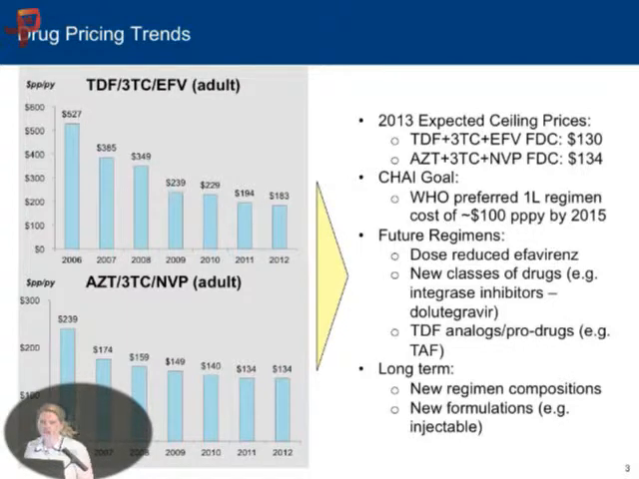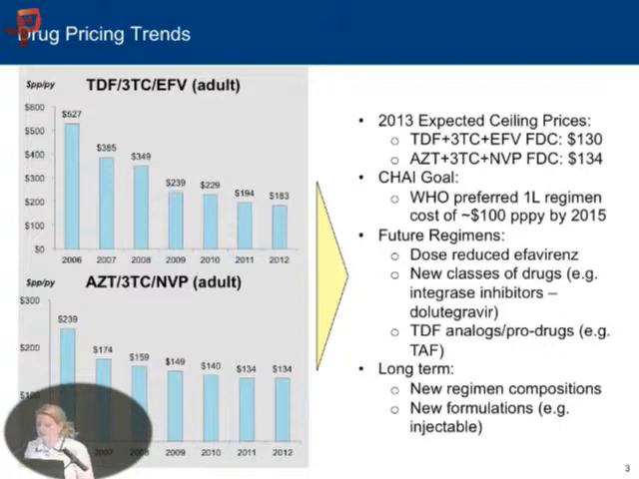So there are studies going on right now that are looking at whether or not a reduced dose version of efavirenz can be equally as effective as its current dose. There are new classes of drugs that are entering the market, specifically some new integrase inhibitors that finally have the potential to be priced in a fashion that makes them much more affordable in resource-limited settings than the current integrase inhibitors that we have, as well as analogs or prodrugs to tenofovir coming through the